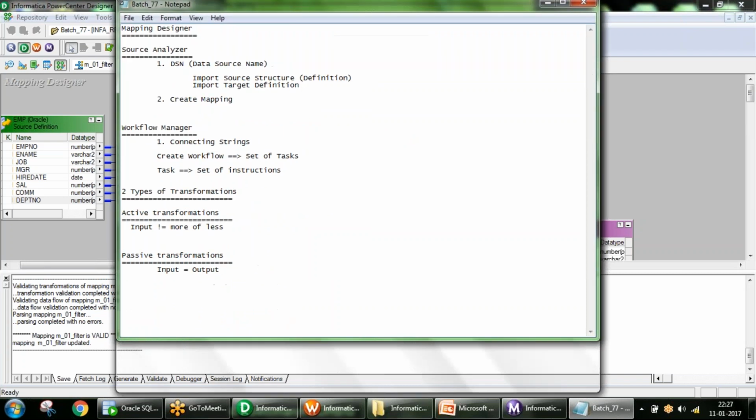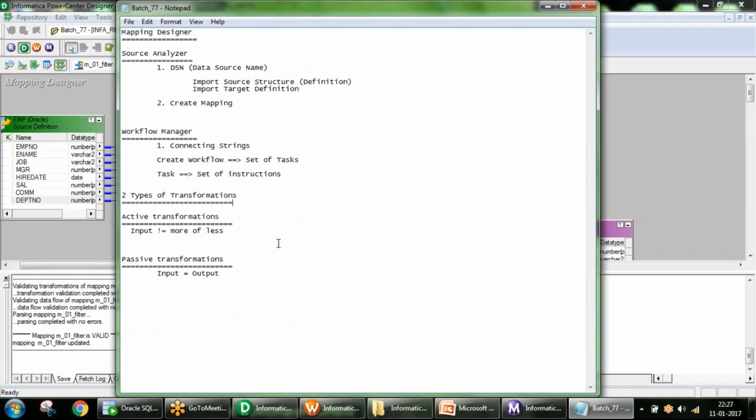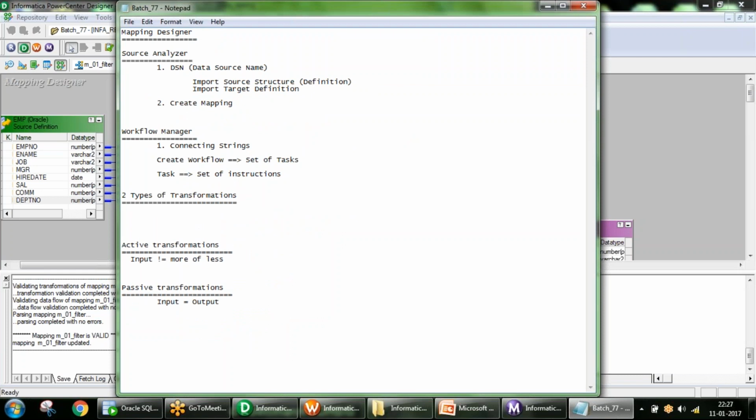And do the output records need to be the same as the input? The number of records will be the same. Columns may differ. Okay, the count should be the same, columns may differ, right? Yes. Maybe from the source you are getting records with first name, middle name, last name as different columns. In the target you may have full name, a single column. It's going to merge the columns, but the number of records will be the same.